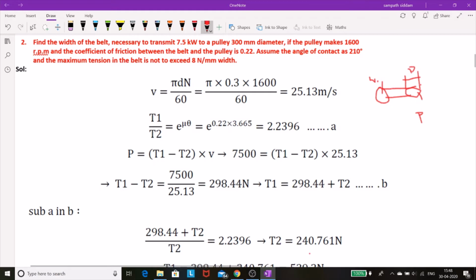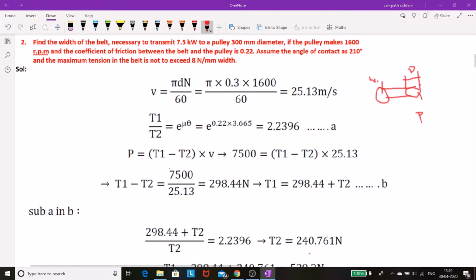So the wrap angle is given as 210, and due to the tension itself you will be having a power transmission. The maximum tension is 8.8 Newton per mm. Now, what you need to calculate is the width. Width can be calculated in two ways. One is from the tension formula, where T is equal to sigma t b. There is one relation, or you can also calculate from another relation, which I will tell you now.